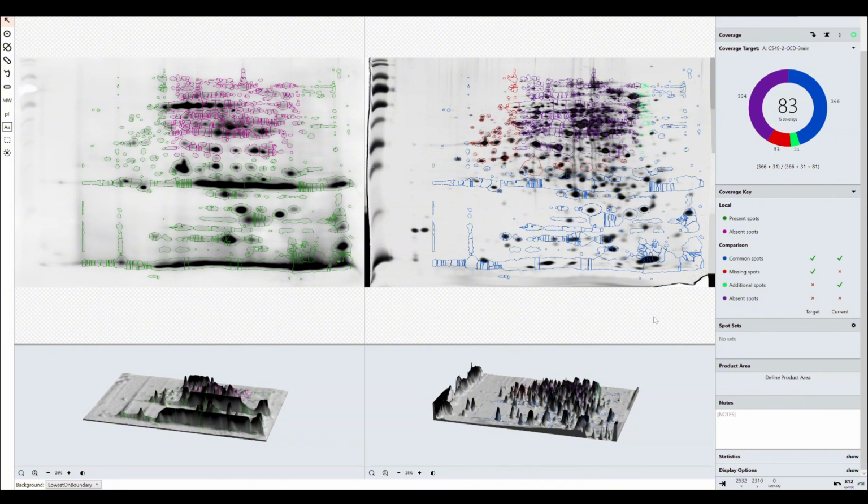So for quadrant analysis, the idea is that although I may have 83% coverage overall for my spot map, that may be skewed towards wholesale proteins of a particular type. So of a high molecular weight, low isoelectric point, I might have really good coverage there, but really poor coverage everywhere else within my blot, which would mean that using that antibody in something like an ELISA, I would